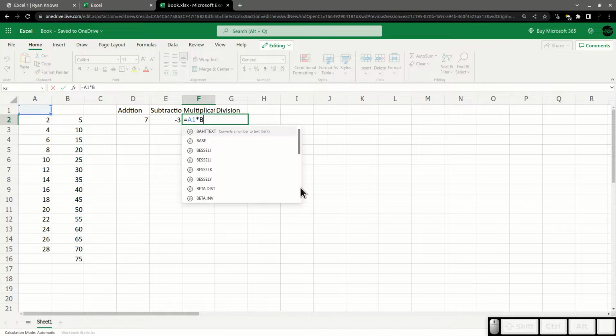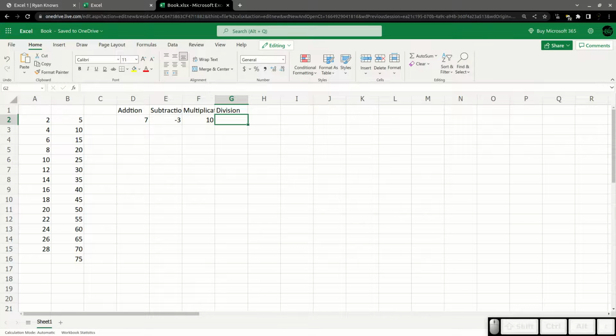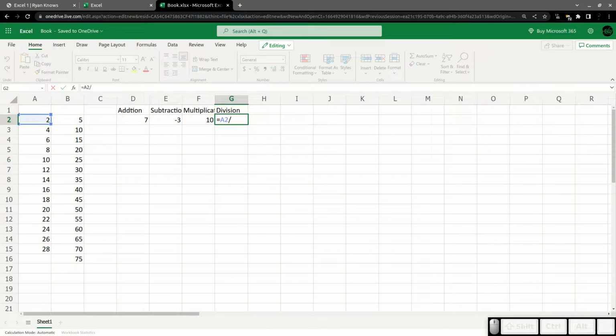And again, notice though that I did A2 times B2. There we go. And then division is just a slash, which also on your number pad should have a dedicated key. Otherwise, it is beside your right shift. B2 right there. Notice it does it as a decimal.